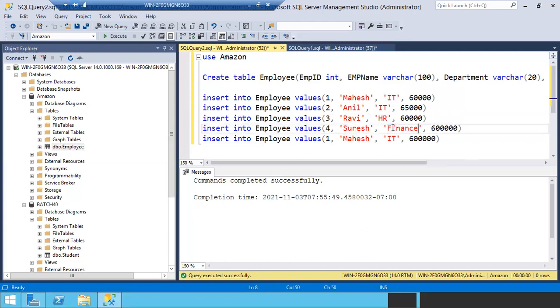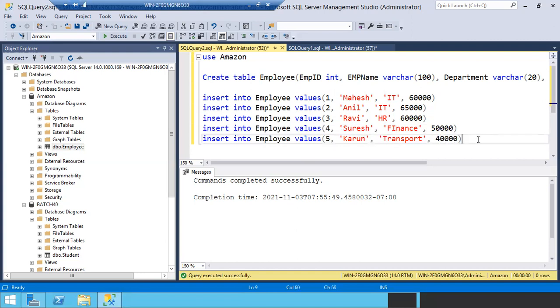Finance. And his salary is 50,000. And this is the fifth record. Who else do we have? He's from the transport department, and let me go with 40,000.